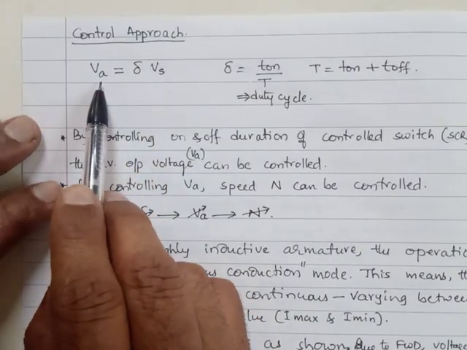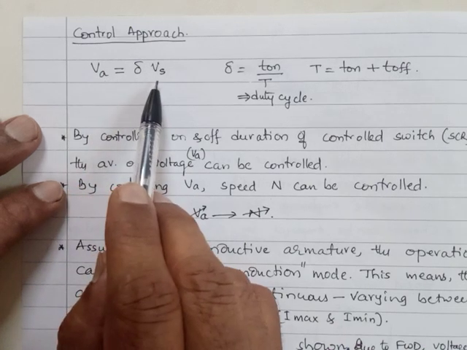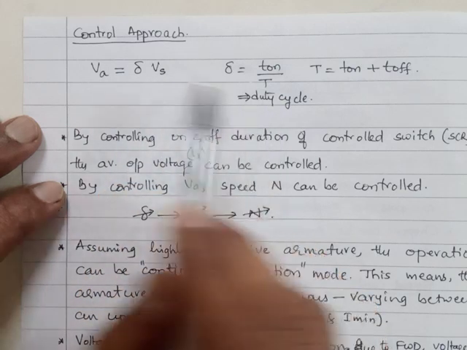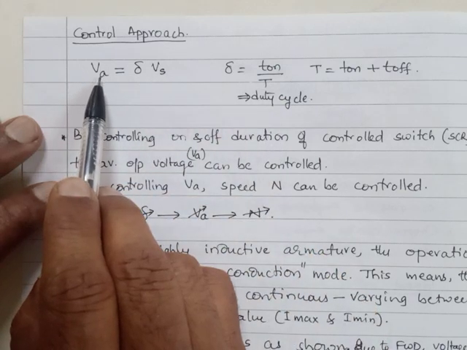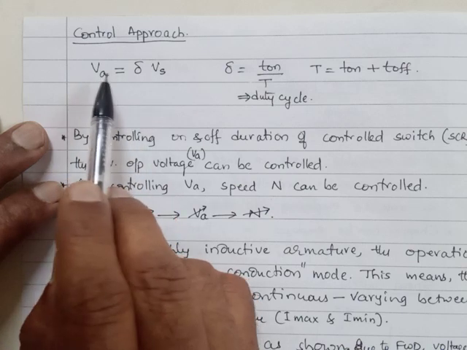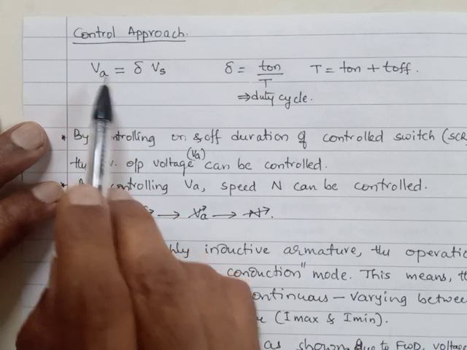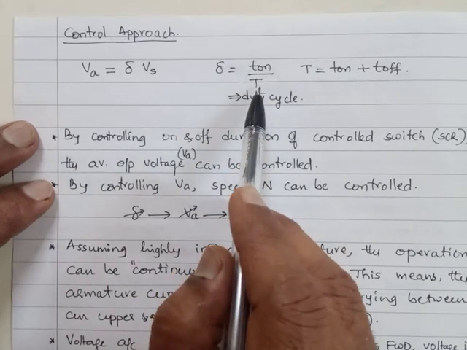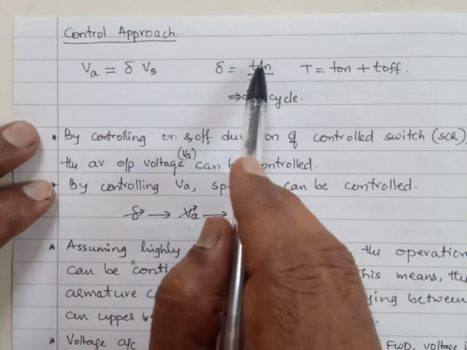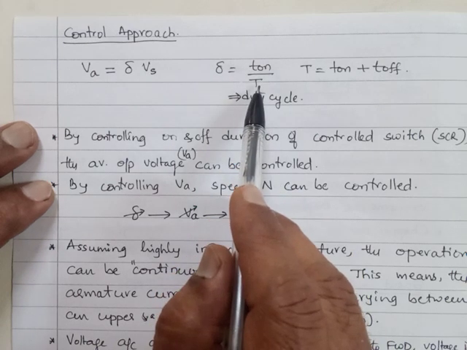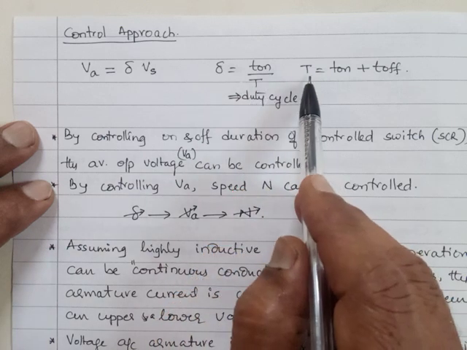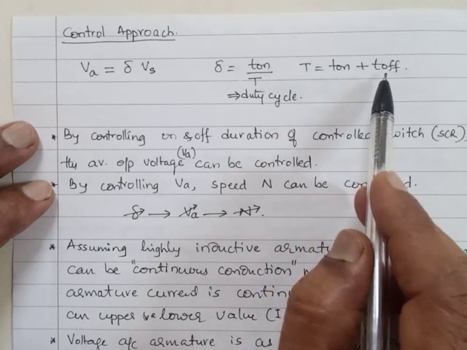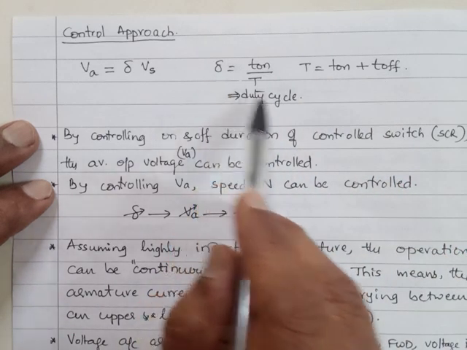Look at this, VA is equal to delta Vs. You remember this expression, where delta is what? Duty cycle. VA is the output voltage of the chopper which is given to the armature, hence it is the armature voltage also. This duty cycle is actually the ratio of on time to the cycle duration. T on is the on time, capital T is the duration of cycle, and that cycle duration is the sum of on time and off time, T on plus T off. So, the duty cycle delta